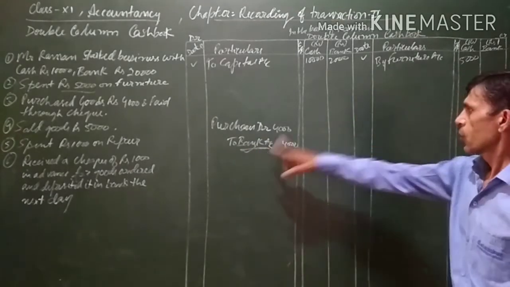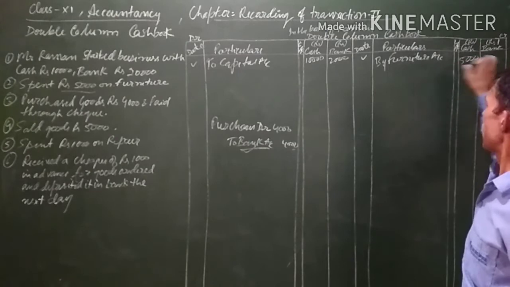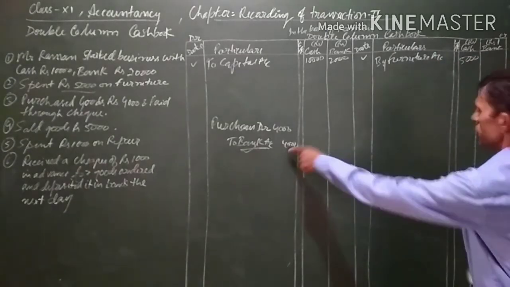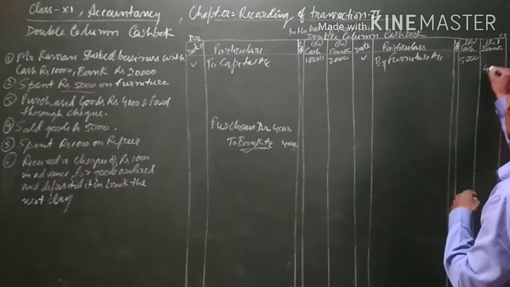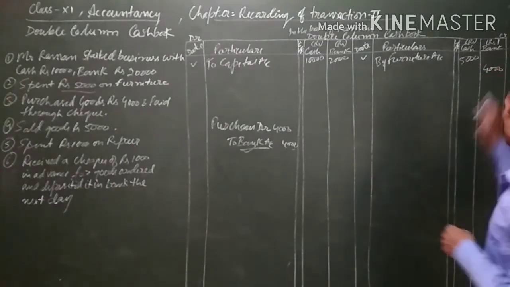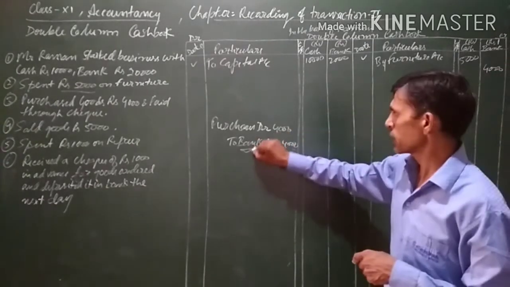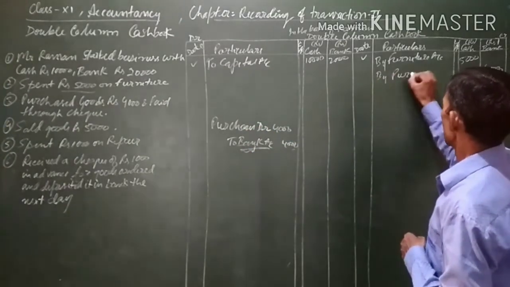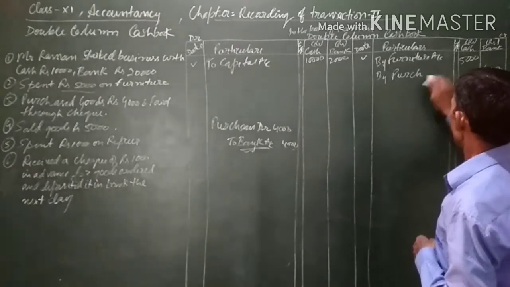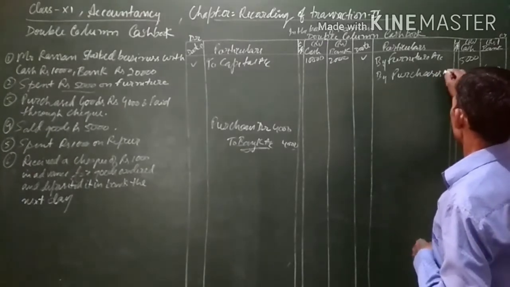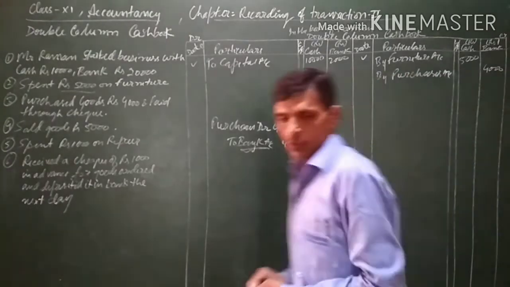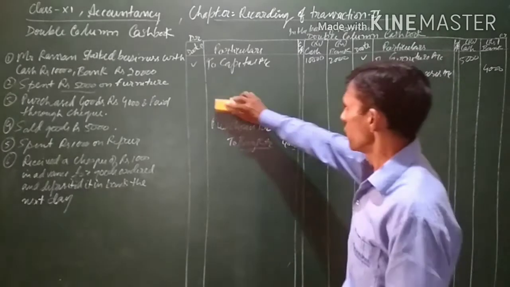So again, on the credit side of the bank account, in the bank column, since bank is being credited, 4,000 will be written in the bank column on the credit side. And why is this being credited? On account of purchases. Then again we will be writing here "By purchases account", and in front of the purchases account we will be writing the 4,000 amount, because this 4,000 has been paid through check.